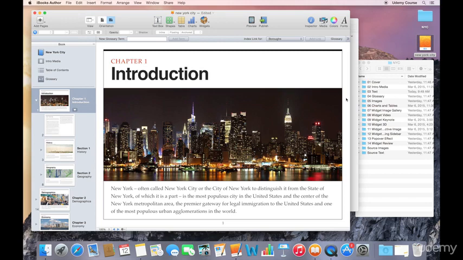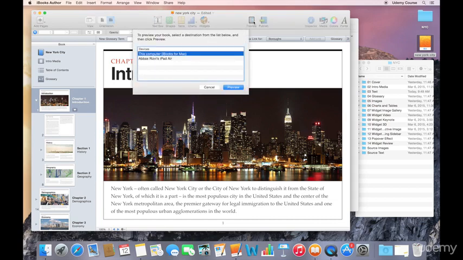We can either preview this on our Mac using iBooks, or we can connect an iPad to our Mac and preview it in the iBooks app on the Mac. In order to start that process, we would click on the preview button in the toolbar, and you'll see that I have a list of devices pop up here. In my case, I do have my iPad Air connected to this computer. So I'm going to start by selecting this computer from the list of devices, and I'm going to click the